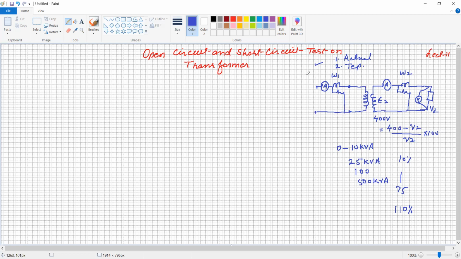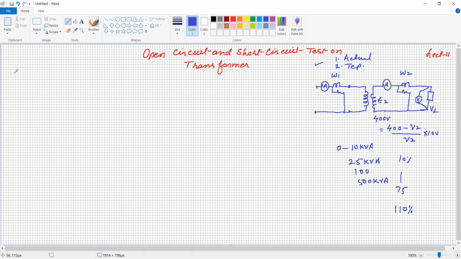So these are some advantages of the direct method of testing, but the direct method can be used only for small capacity, whereas the indirect method, that is the open circuit and short circuit test on the transformer, can be used for higher capacity as well as lower capacity of the transformer. And second, the equivalent parameters are very important while designing the transformer. They can be tested only by the open circuit and short circuit test.